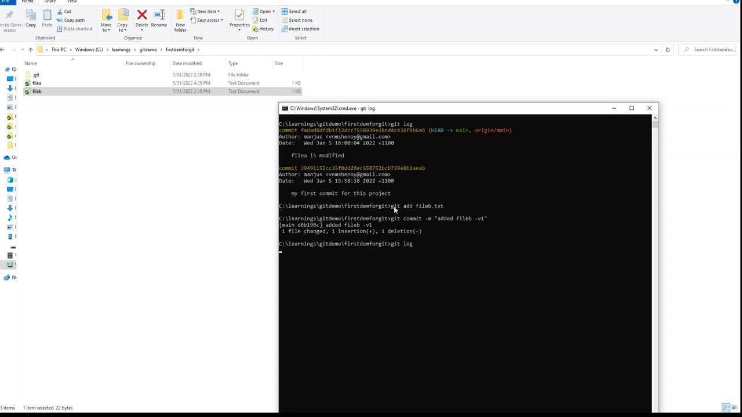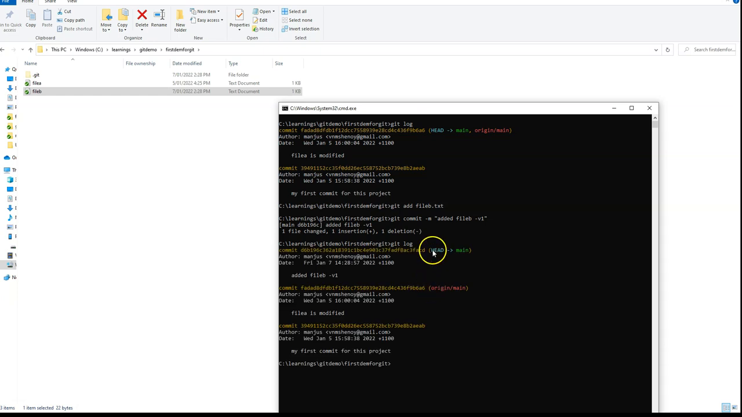Right, and now if I check git log, my local repository's head is pointing to the main, which is the recent change we made, but my origin is still pointing to the previous commit here because we haven't pushed it yet. So what I should do now is,